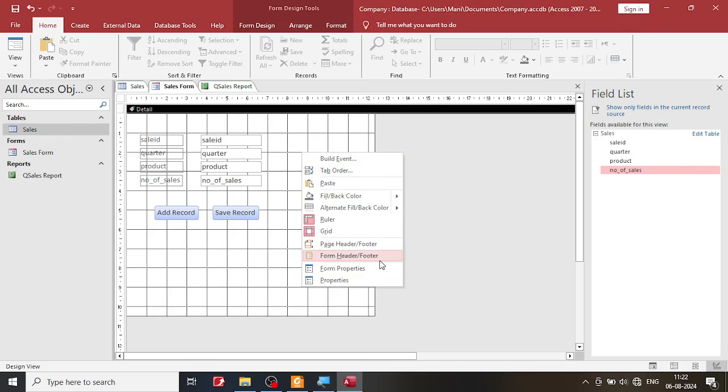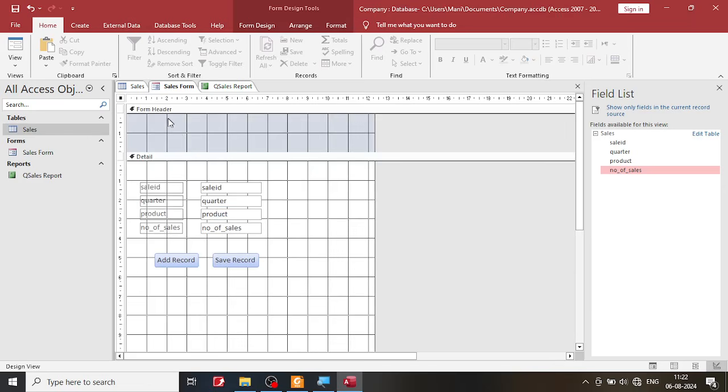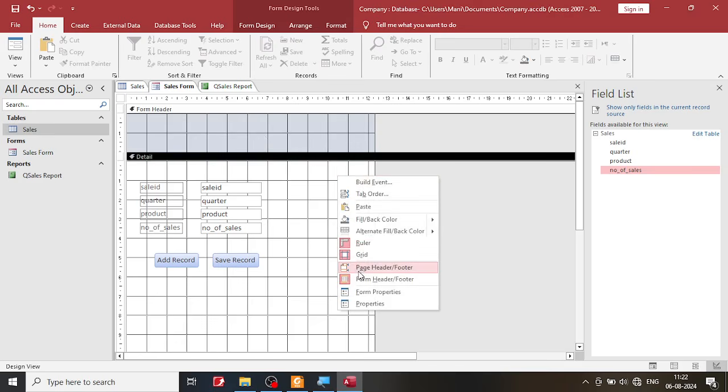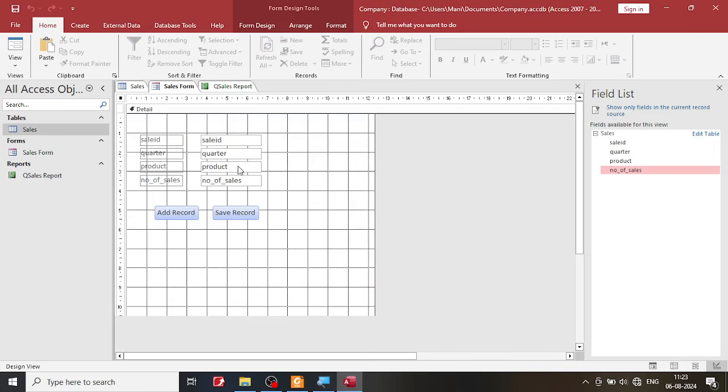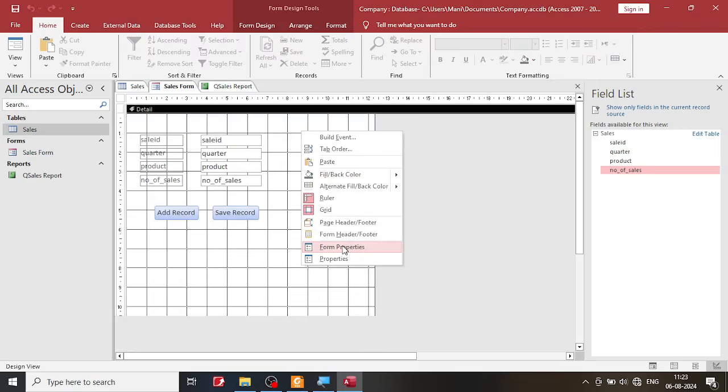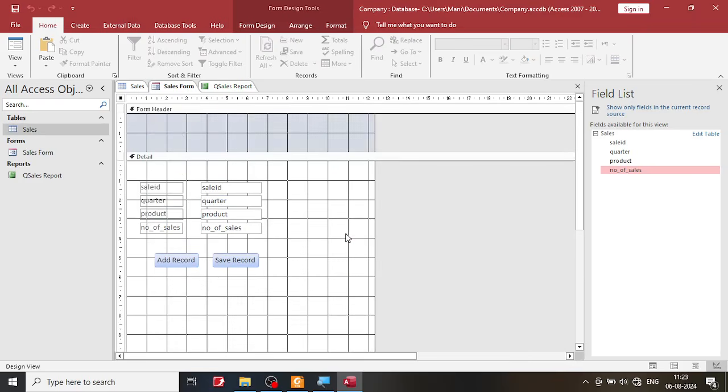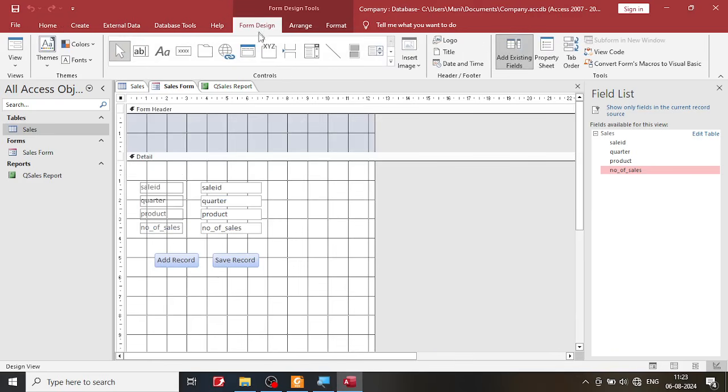So let's go to the form header and click on it. You notice that the form header has come. If you don't want the form header, right click here and click it again, it will disappear. So now let's go here, to this tab over here. And what is this tab? Form design. I'm going to click on this label, click here, click on this one, and I'm going to say